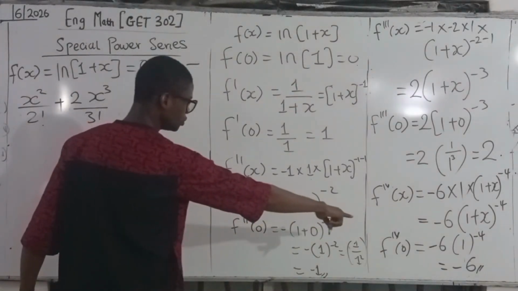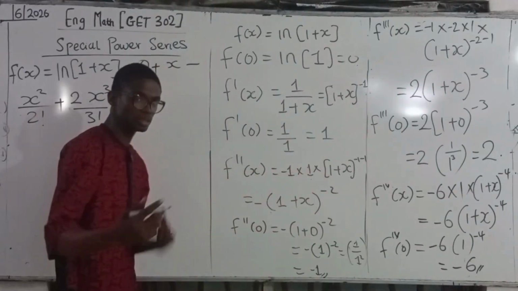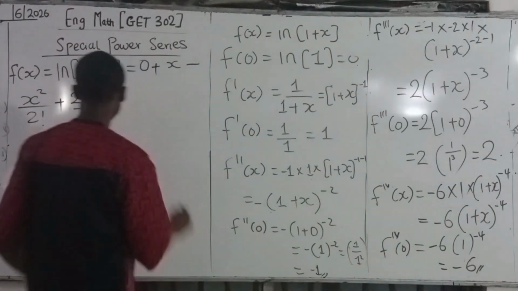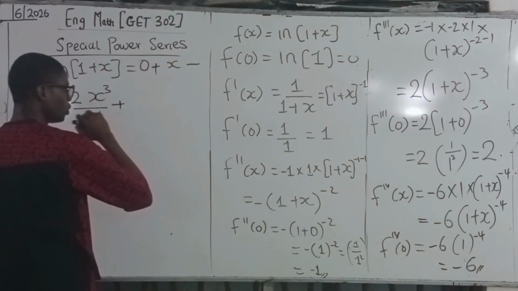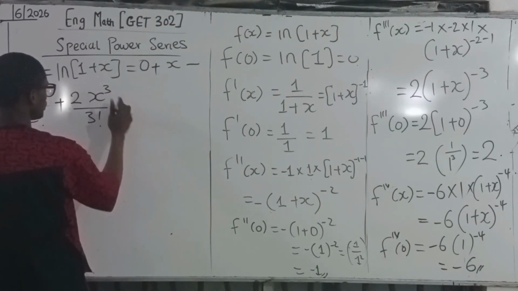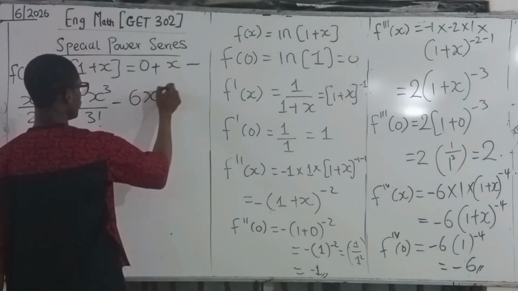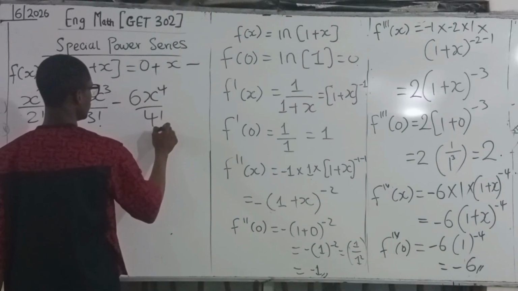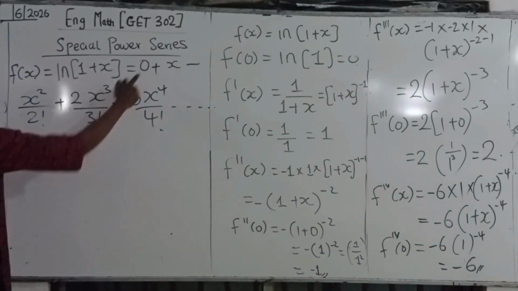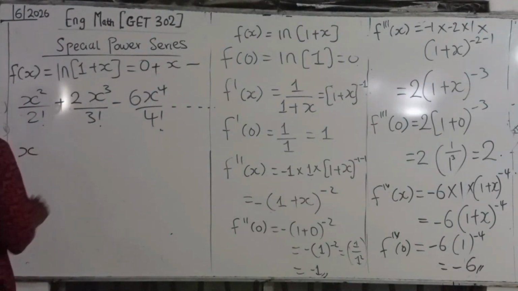Then the next one, which is the fourth one, we are still leaving it like this. So we now have plus minus 6, which we turn back to minus 6 x to the power of 4 all over 4 factorial. And if we go on, we have 0. It does not matter. We have x minus